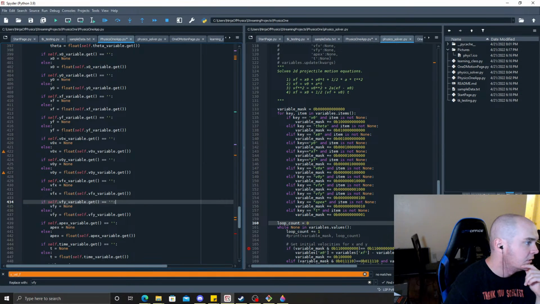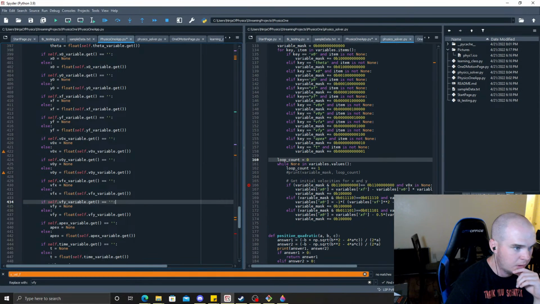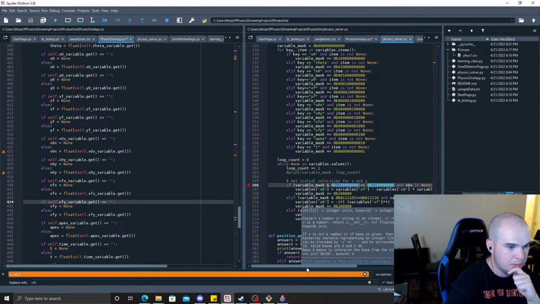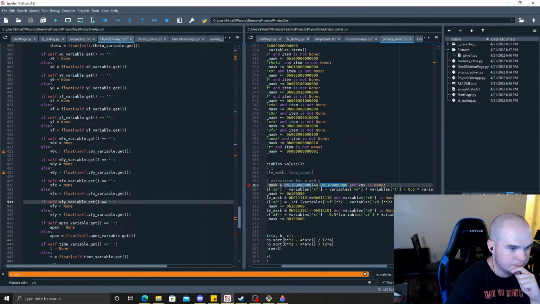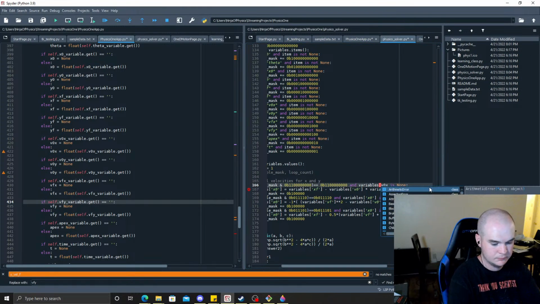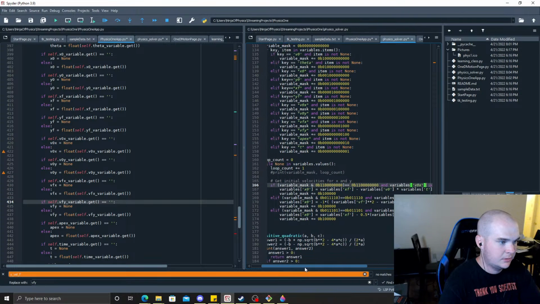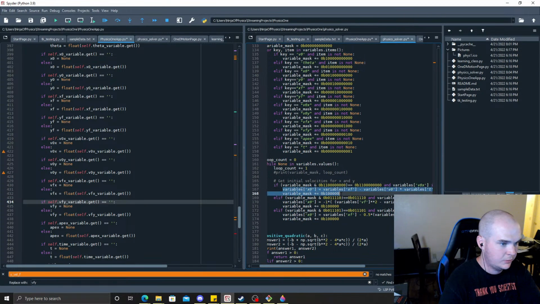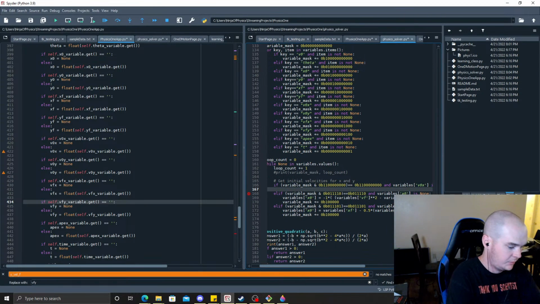I think that's all I need. Okay, alrighty. So boom, got that. And that is none. Then I want to pretty much just do variables Vnaught x equals